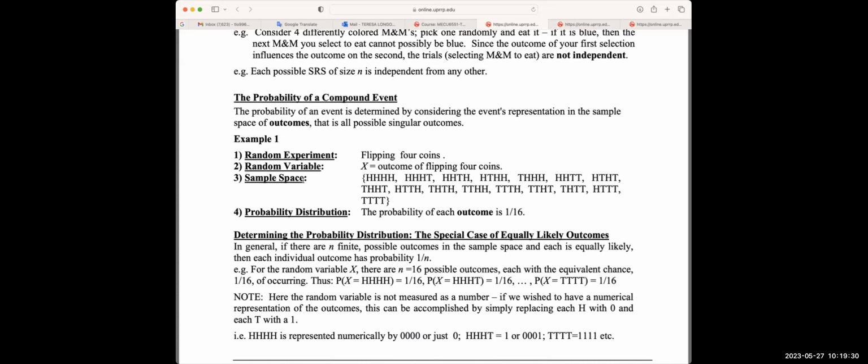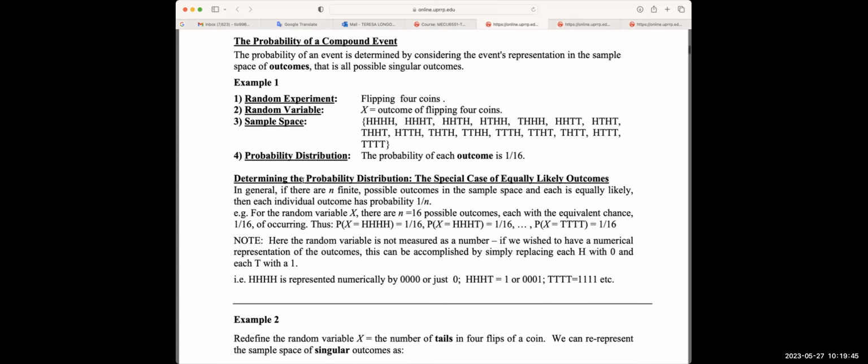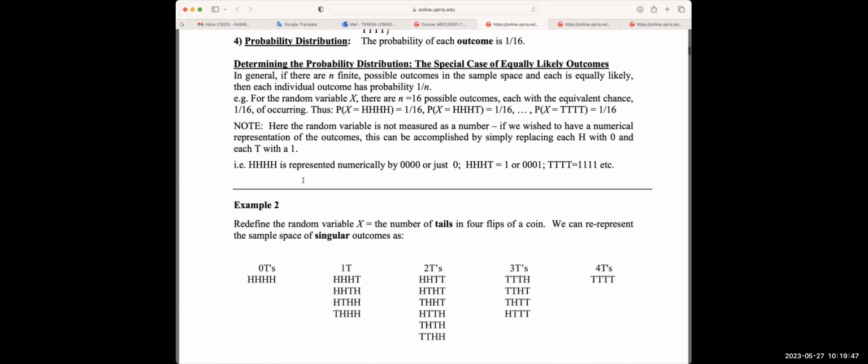of an event, and I defined the variable X, and I've defined the sample space and the probability distribution. Now I'm going to introduce a second example. This example defines X, and it is referring to the previous 4 flips of a coin, but I'm going